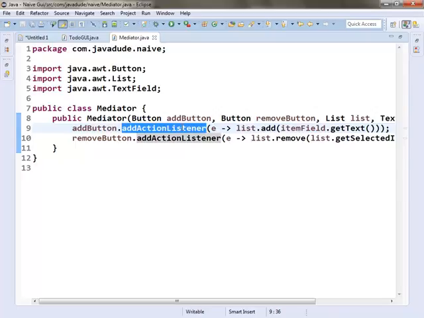Okay, any questions on anything? Okay, so hopefully you found this useful as a start. I'm trying to decide